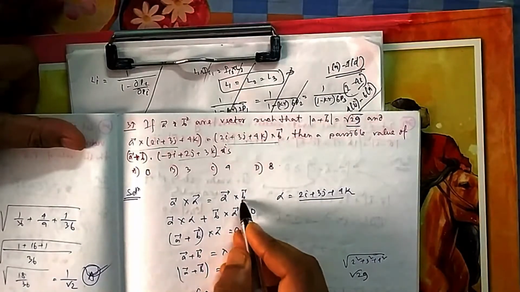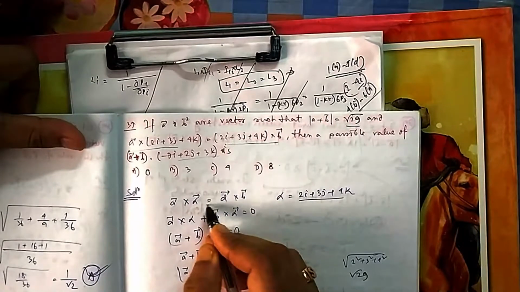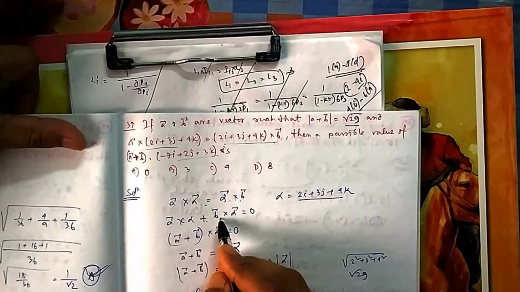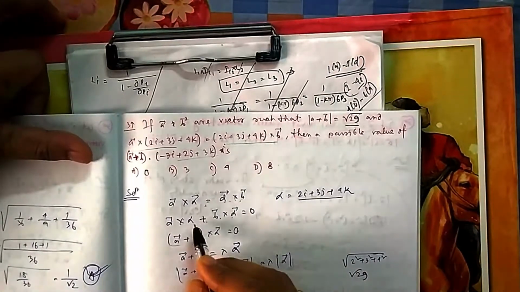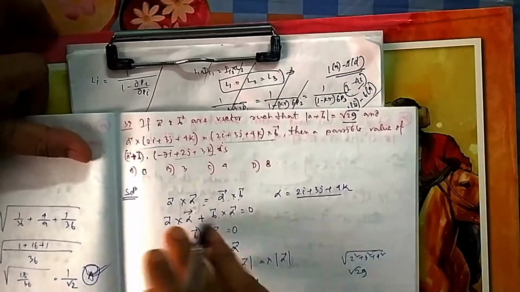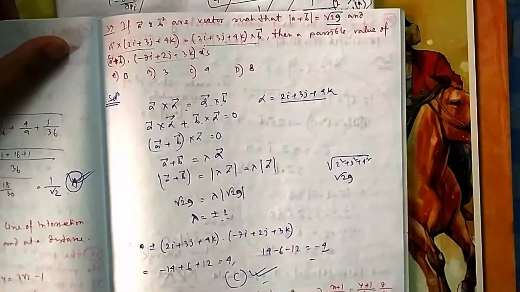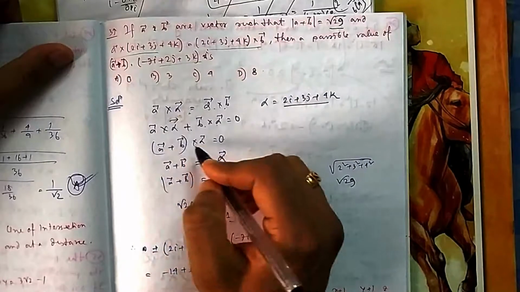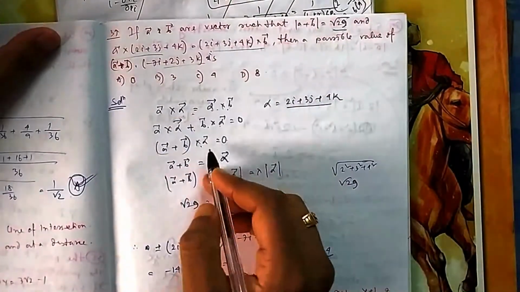To take alpha common, you will change this sign, because if you bring it to this side, it is minus alpha plus beta. So if you change the cross, it will be plus beta cross alpha. Why have I done this? Because I want to take alpha common. And how will it be taken common? It will be taken post, that is after the cross sign, not pre, not before. It should come after alpha. So it will be of this fashion.